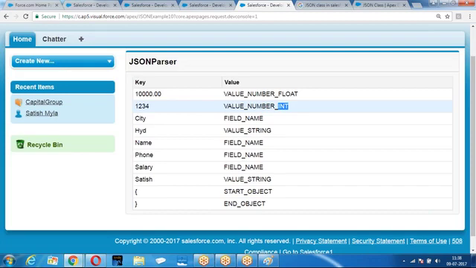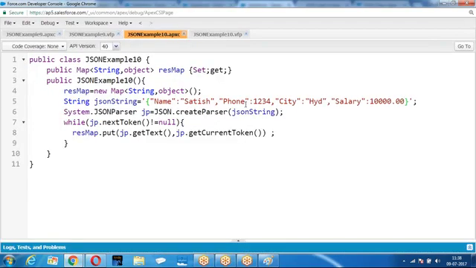Any query on that? Deserializing the JSON string what we got. Any further queries on this? Okay. In this result, this is the example, right? Now I want to get the value of name in the JSON string. I don't want all the values. I only want the value of name.